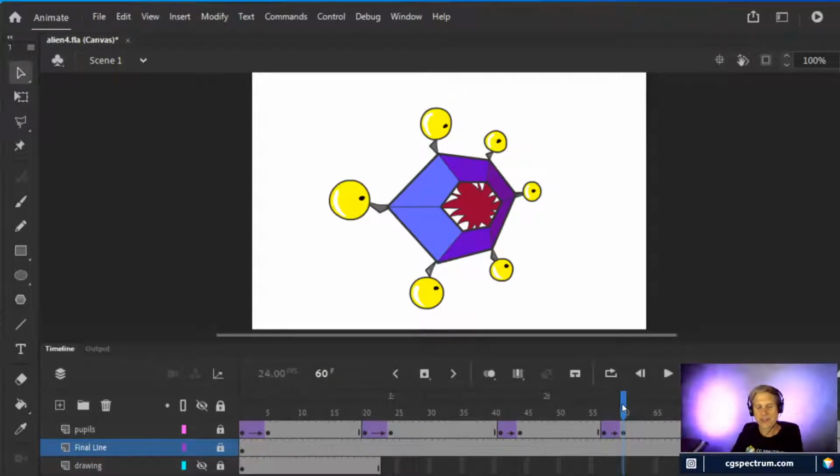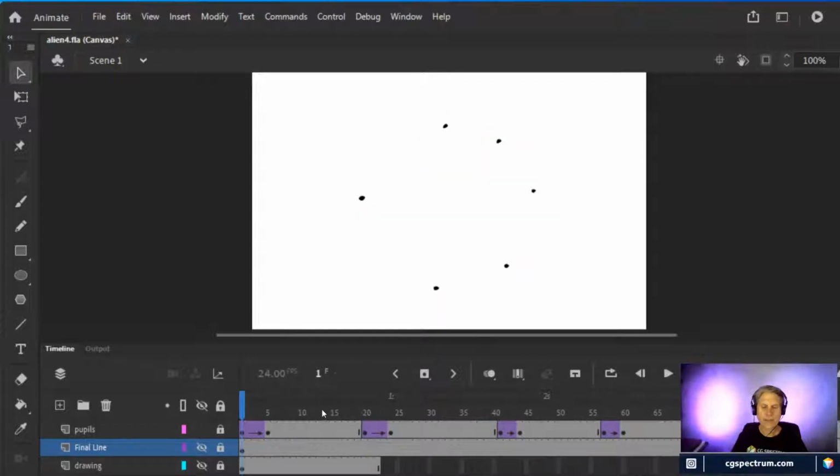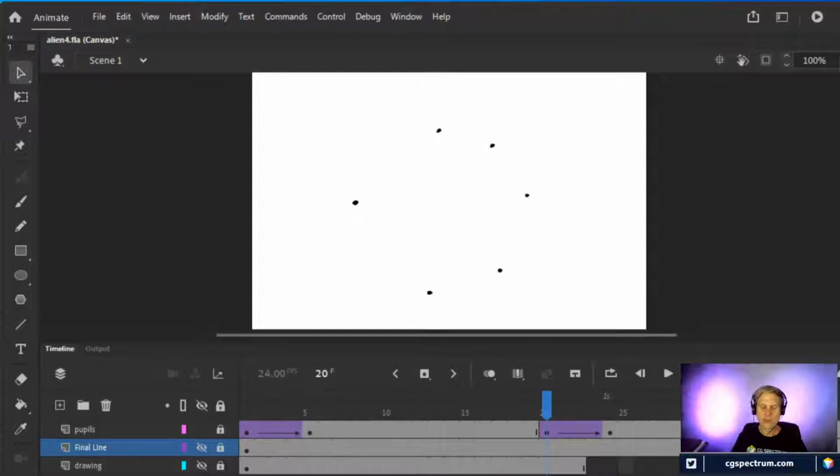So this one, obviously, like I said, is the simplest of all. All I did was I had the eyes on their own layer. So I'll turn this off. And you can see, I just moved them as a unit. All the eyes are doing is moving around as a unit. I drew them in one position and then used Animate CC's tween function, which you can see if I zoom in on the timeline a little bit, those purple sections. Those are tweened sections, and it's something that Animate CC does really well.